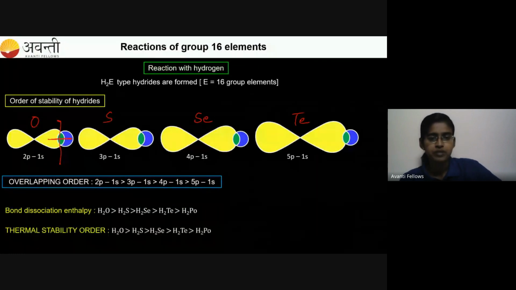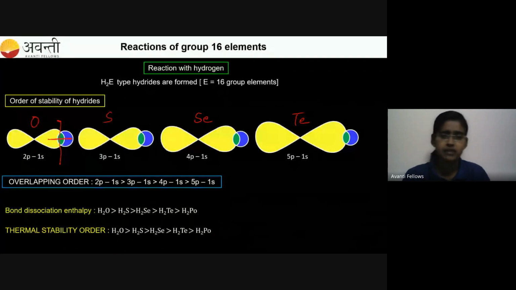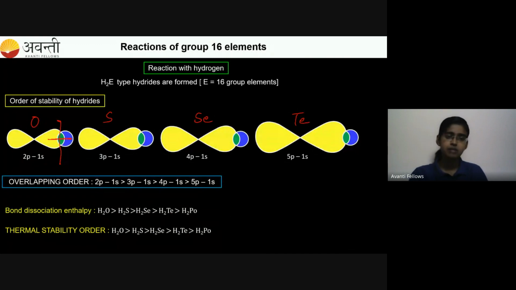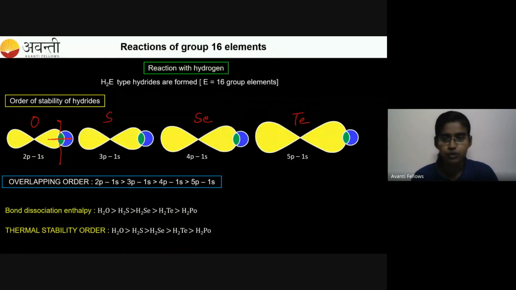also. So again, H2O is highly thermally stable. When you heat it, it can withstand the high temperature. So it is thermally stable. Okay, thermal stability and bond dissociation enthalpy order both are the same for the hydrides of group 16. Okay, now let me